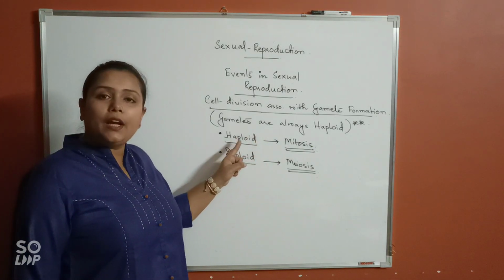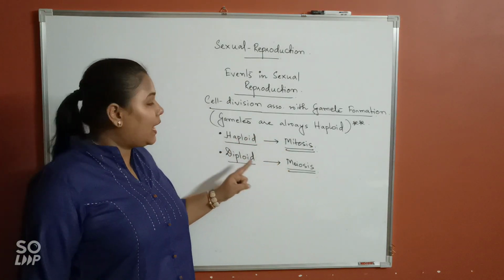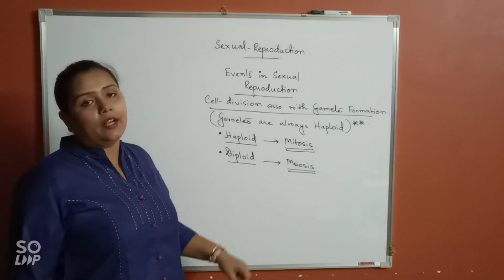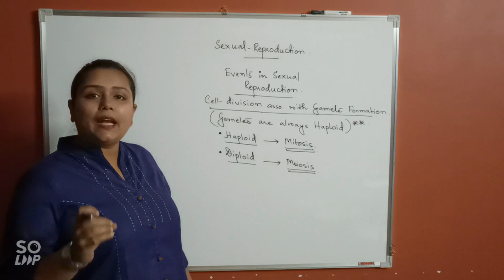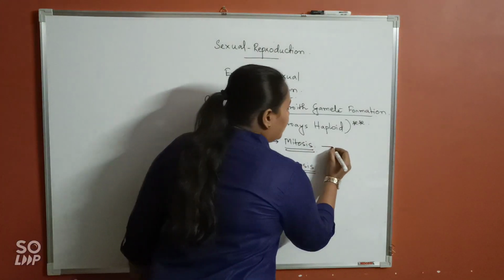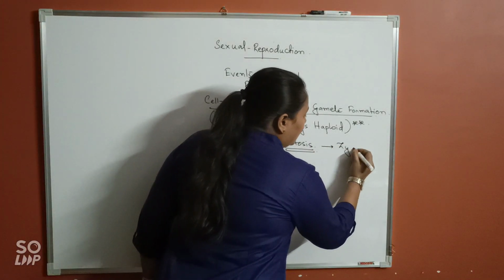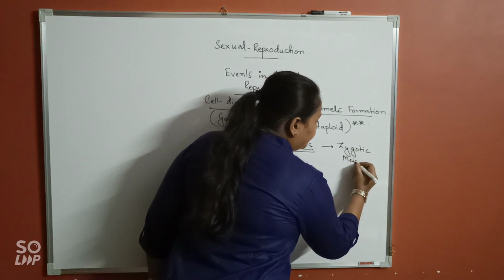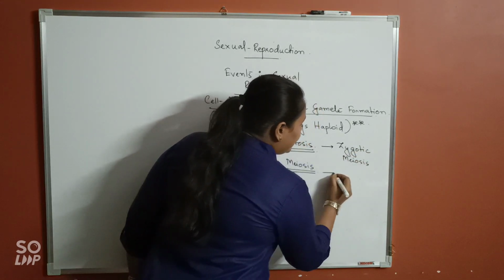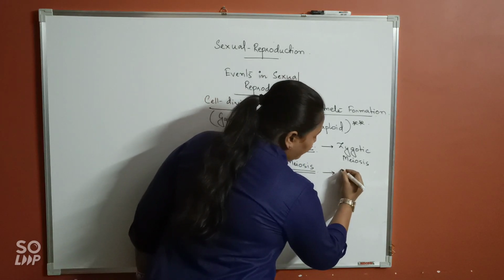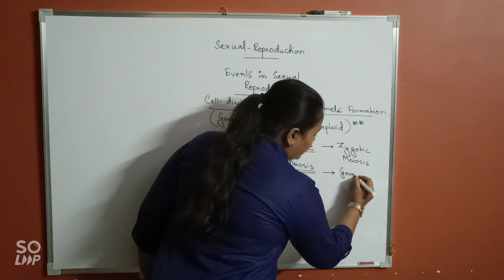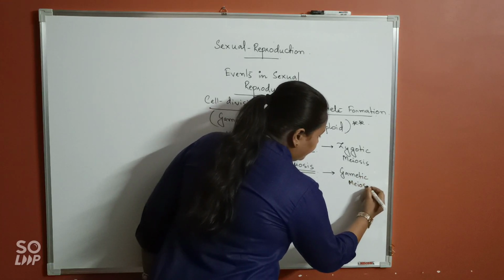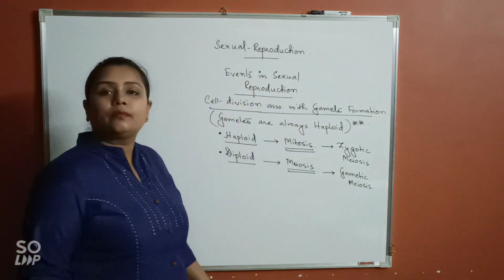Haploid organisms undergo zygotic meiosis, and diploid organisms, because they are producing gametes by meiosis, undergo gametic meiosis. Is that clear? I hope this is